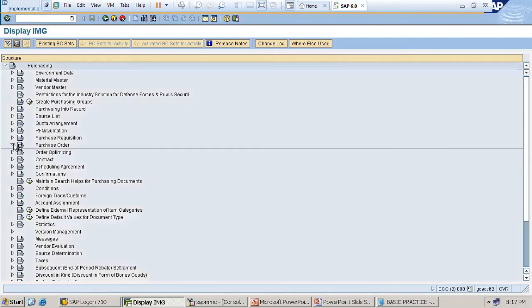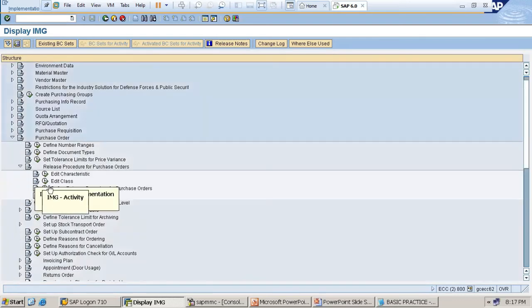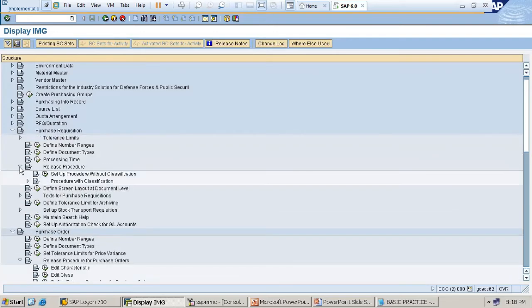Purchase order. Release procedure. Define release procedure for purchase order. I think you remember, no? For purchase requisition, we have two options: set up procedure without classification, procedure with classification.